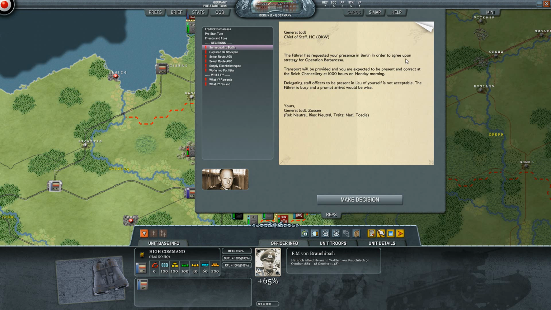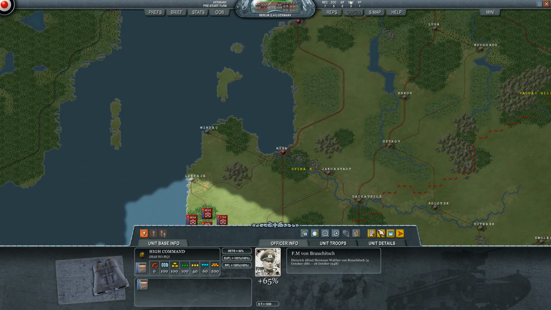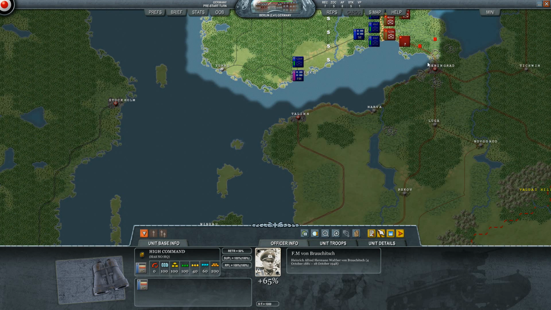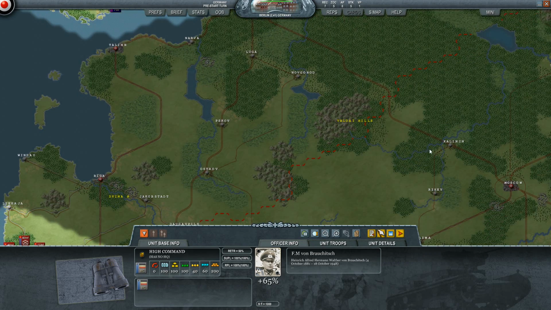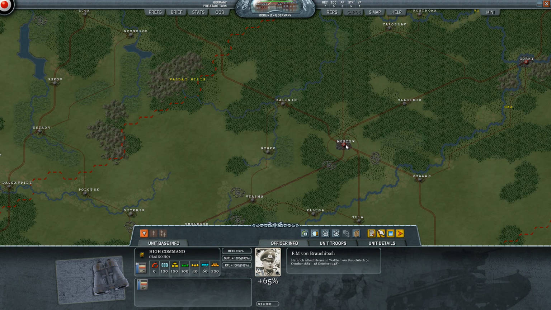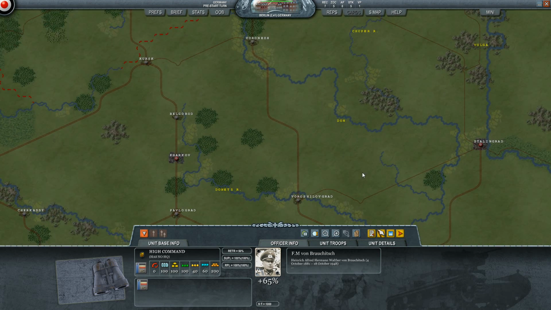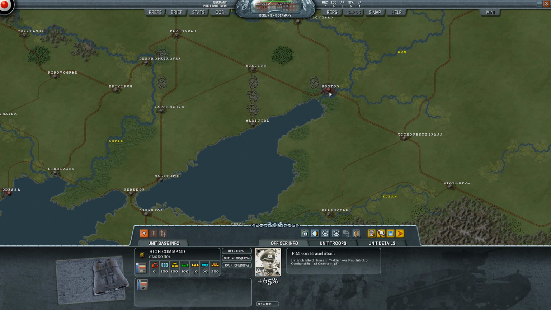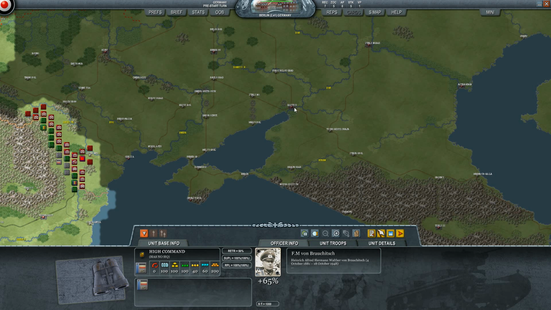Actually, before we do that, I should at least go over. There are 3 main objectives. Of course, Leningrad to the north. That is one of the objectives. The second objective, of course, is Moscow here in the center. And of course, our last objective is down in the south, which is Rostov. So those are the 3 main objectives that we have to